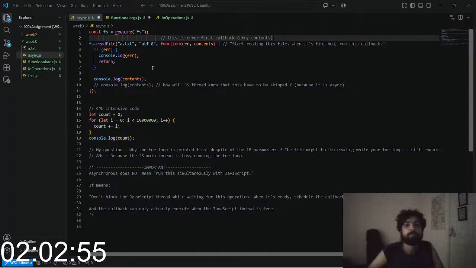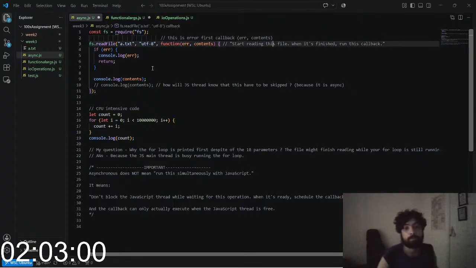So if the CPU, or technically the JavaScript thread, is busy somewhere, it will remain busy and no asynchronous callback can interrupt it. It cannot be interrupted by an asynchronous callback. We will see this in action very soon. Before that, let me introduce